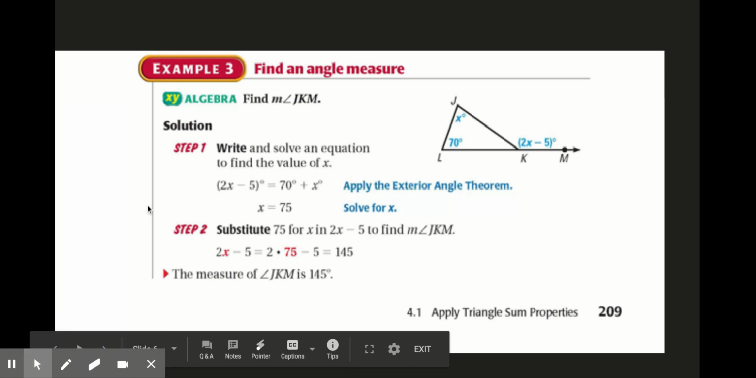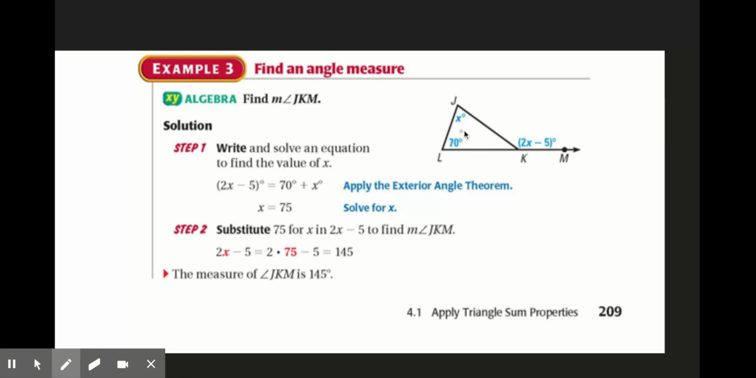So here's an example of what that problem would look like, okay? That we have 70 degrees, x degrees, and 2x minus 5 degrees. Because the one thing that they have in common is that if I added them together with this, they'd equal 180. And I know that this and this are equal to each other. That's my setup,